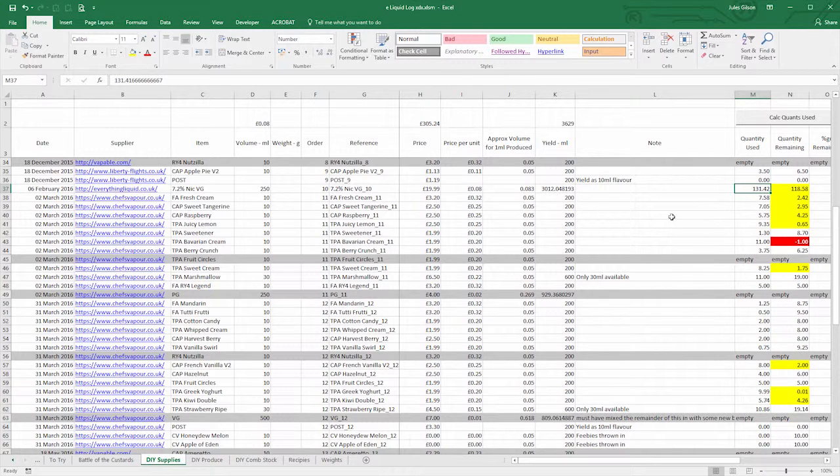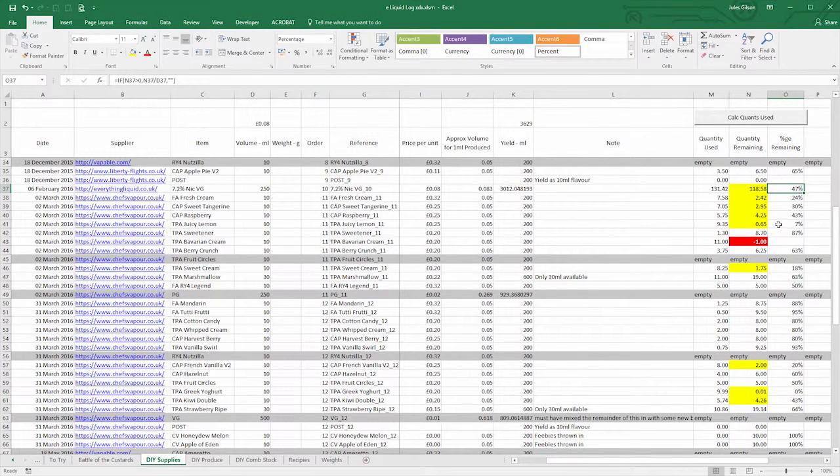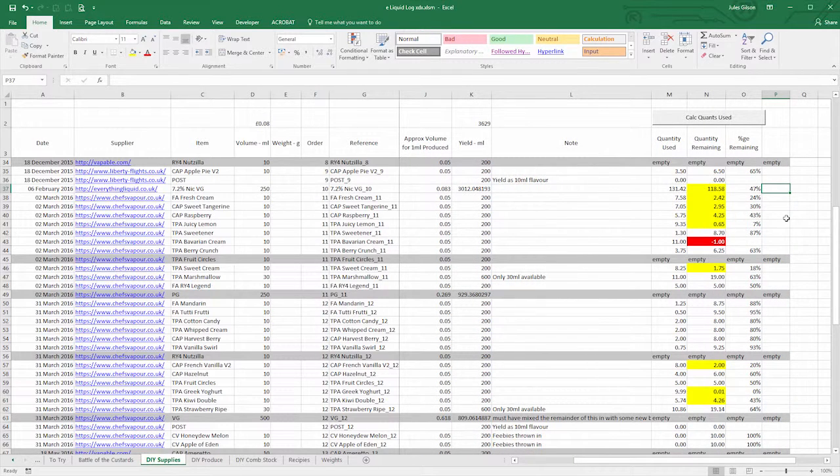So we now know that we've used 131.42 milliliters of that particular bottle. And then, you know, it's simple math to figure out that if you had 250 bought and you've used 131, you've got 118.58 left. And then it can easily work out the percentage of what's left as well. The last column here is a kind of a manual override to say that it's empty, because as you can see here,